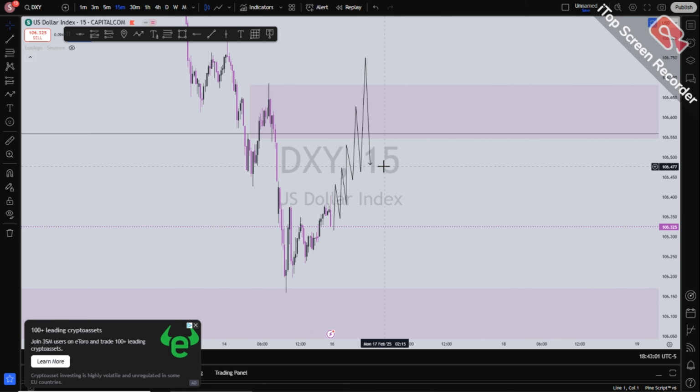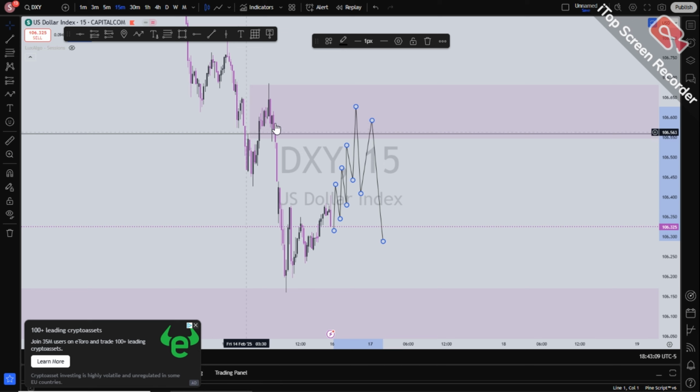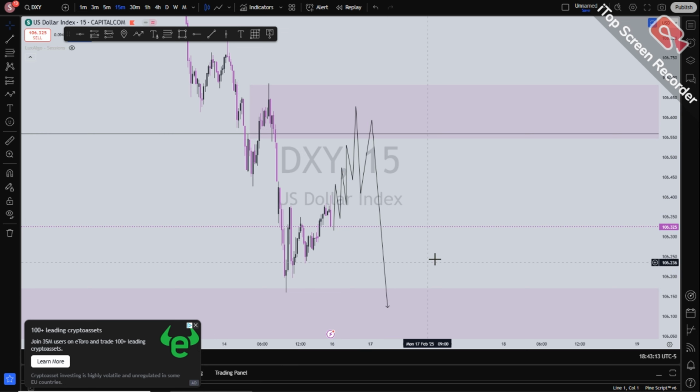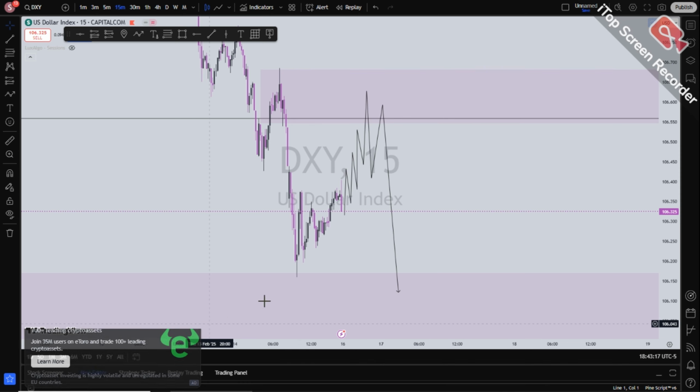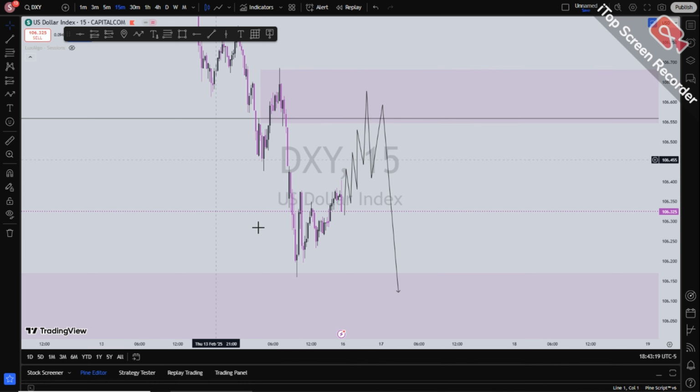But what I would rather like to see is price invalidate this low and come down here, and I'd like to see a retest of this other block, the inverted zone, and my target is going to be something here. So now this is my weekly breakdown for XY. Looking at the fundamentals being bearish, we are also expecting XY to be bearish, and this is what I would like to see. But like we said, we don't predict the market, we react to the market, so anything else can also happen.